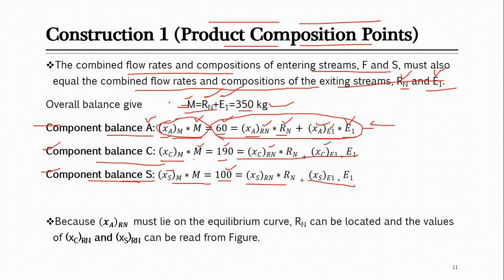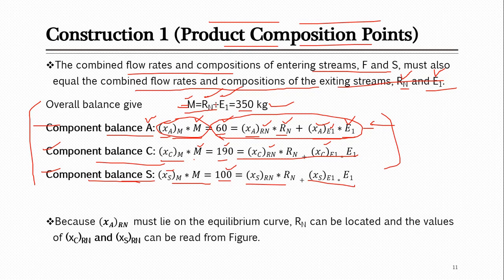So the other way was that I wrote these equations so that I can find these compositions. But you see here that it's not possible to solve them. Why? Maybe you will be thinking these are only 4 equations. Just look at them: these are 3 component balances and 1 overall balance. Here we have 4 equations, and there are many variables.